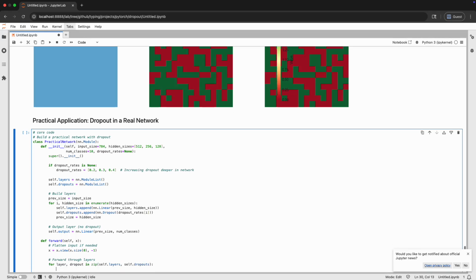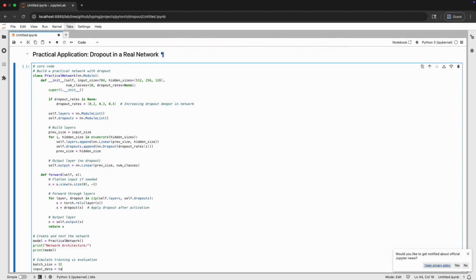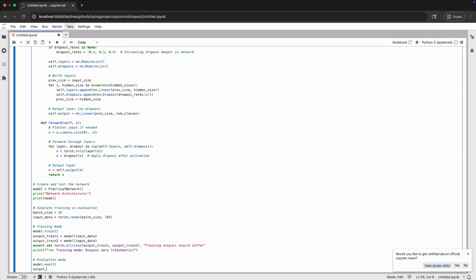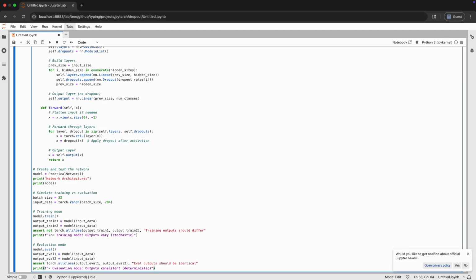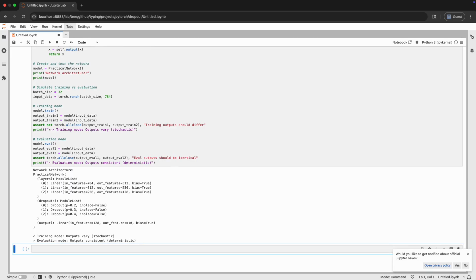The network correctly produces different outputs in training mode due to stochastic dropout, but identical outputs in evaluation mode. This is exactly the behavior we want for a production-ready model. Excellent, our practical network demonstrates proper dropout implementation. The architecture shows best practices with graduated dropout rates and correct placement after activations. The training versus evaluation behavior is exactly what we need: stochastic during training for regularization, deterministic during evaluation for consistent